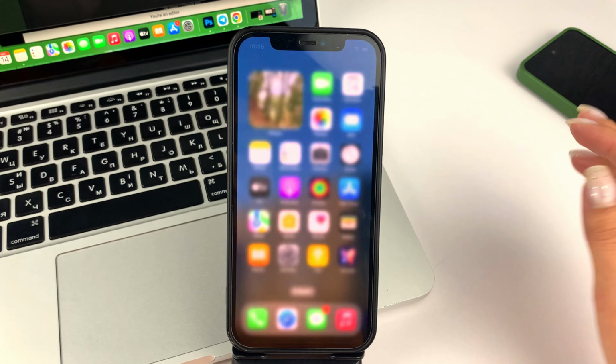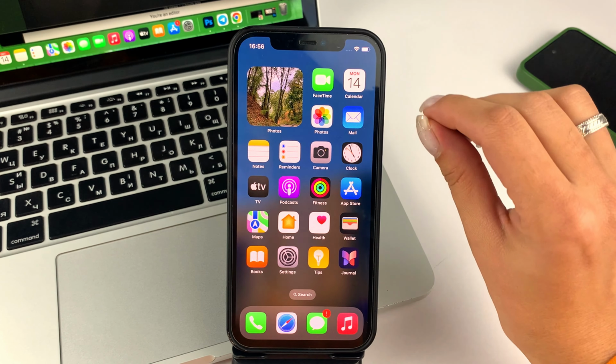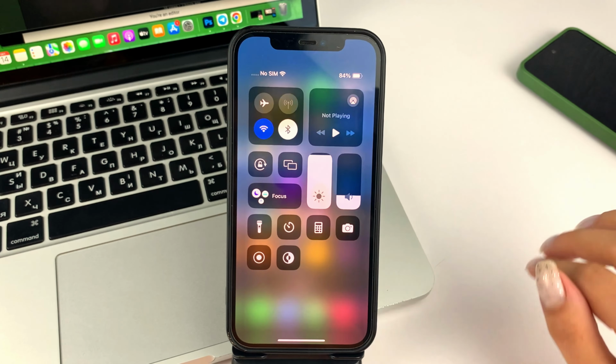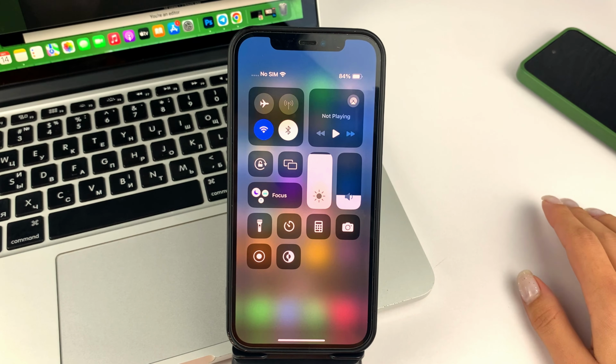Next, friends, to start screen recording, again, swipe down from the top of your iPhone screen. Then tap on the screen recording option in the control center. And then it's important that you don't just tap, but tap and hold so that you get a little window like this. And by default, always during screen recording the microphone and sound is disabled.